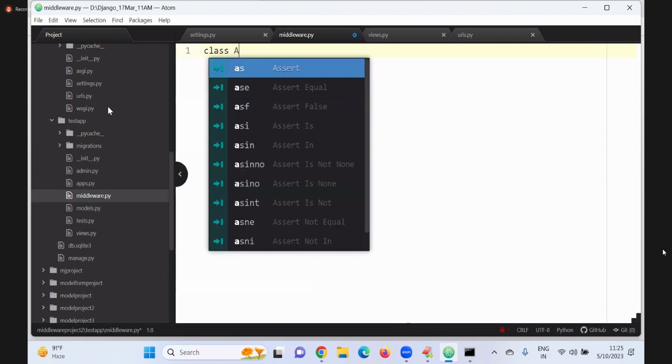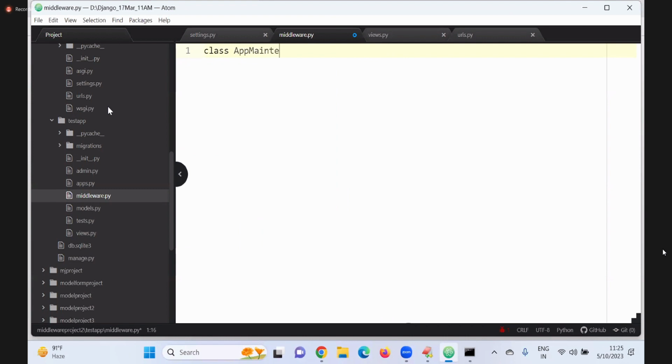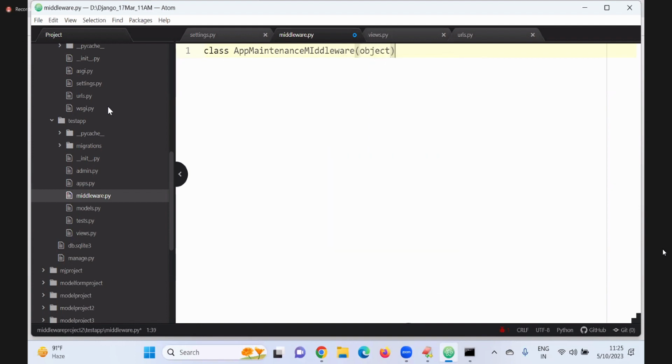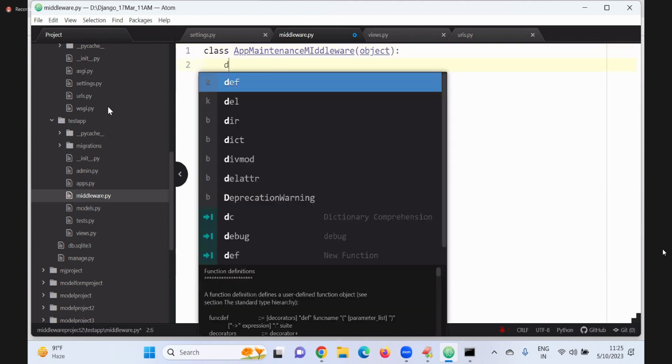Class AppMaintenanceMiddleware. Sir, what is the parent for this? Yes, every class should have object as its parent. Sir, the first method is compulsory.